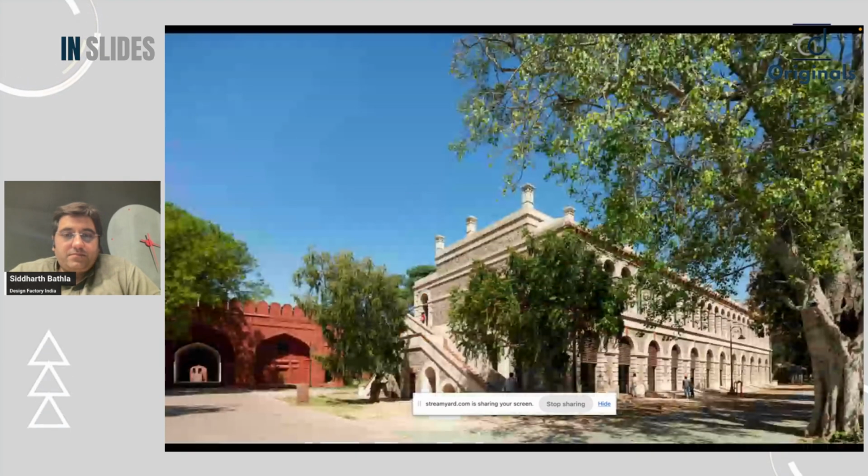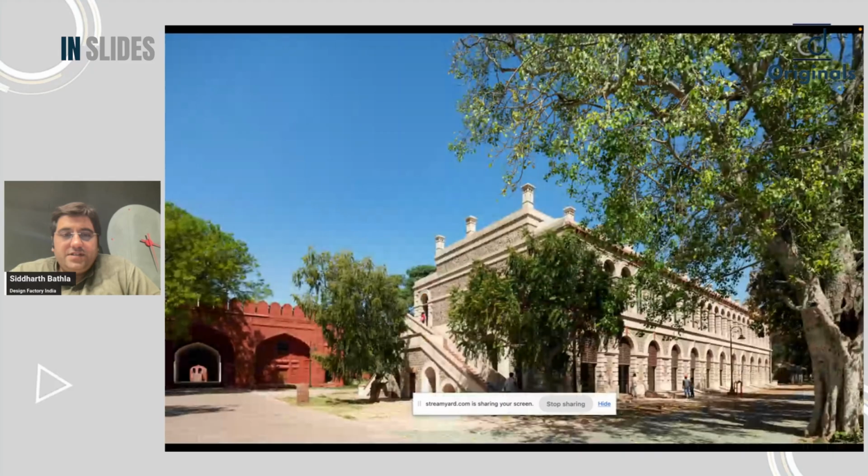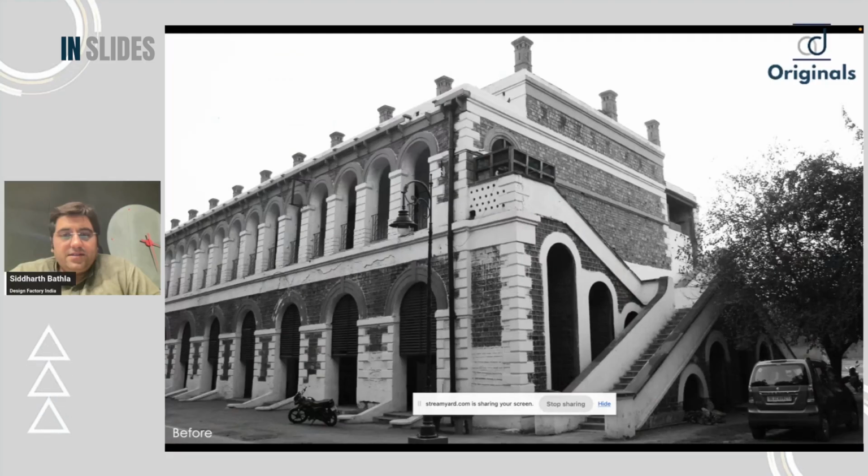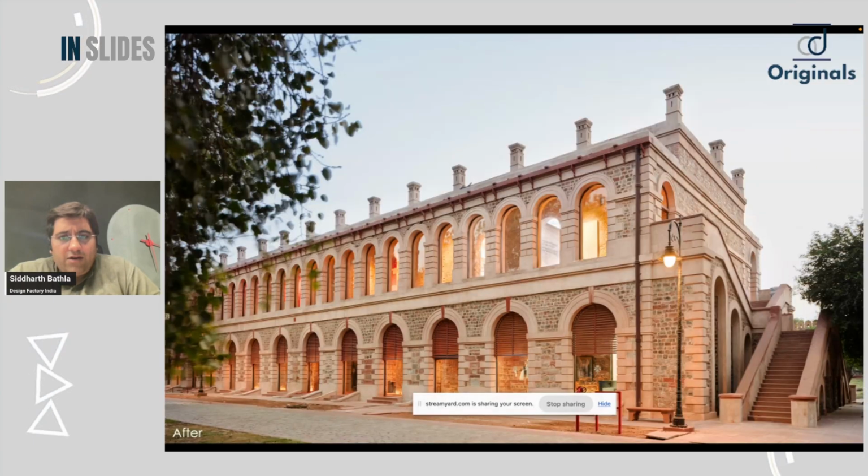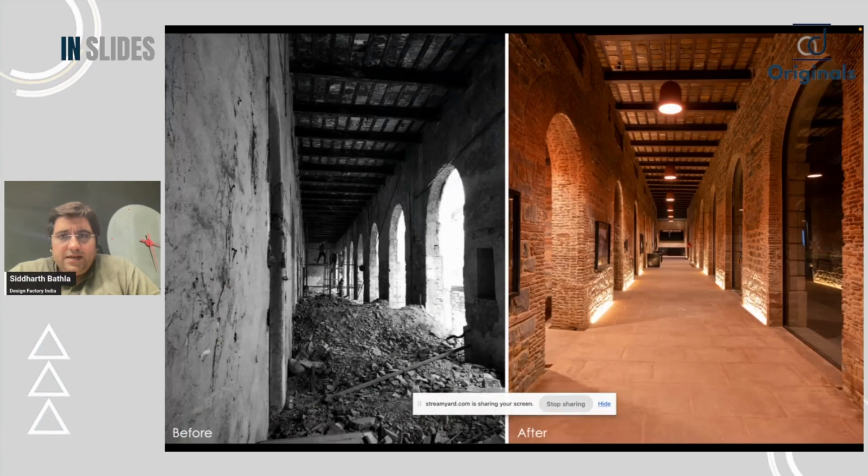So this is the center which is right across the structure where the Prime Minister every year hosts the flag. So this is the earlier building which we got. It was not conserved. It was the way it was left by the Britishers after the independence itself. So it was broadly being used as an army barrack. So we converted this into this, and now there's a whole museum inside. Of course, this is the part of the floor inside.